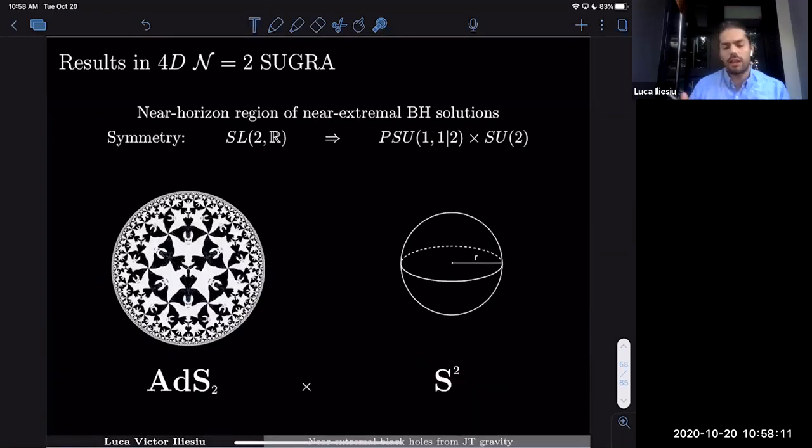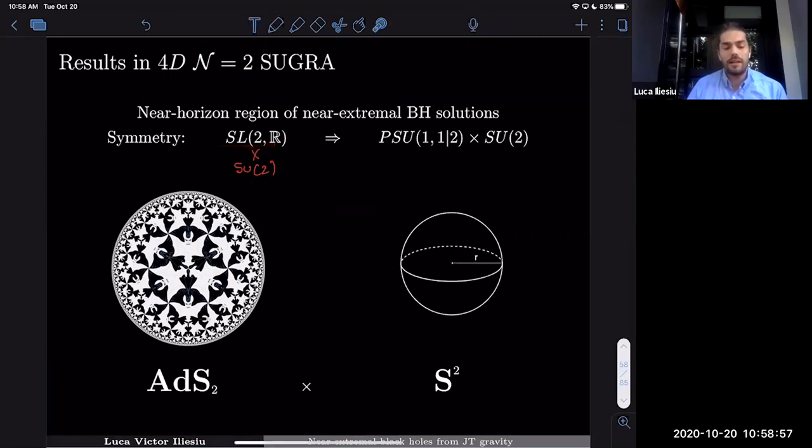So I just want to outline the similarities and differences. I won't go through all the analysis all over again, because I'm pretty close to being out of time. I just want to point out the similarities and differences compared to the non-supersymmetric case. In the non-supersymmetric case, it was actually very important that the space factorized into an AdS2 times an S2 in the near horizon region. And the isometry of this space was SL2R times SU2. And the SL2R ended up being an internal symmetry of the Schwarzian theory.